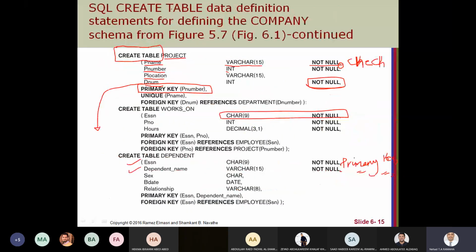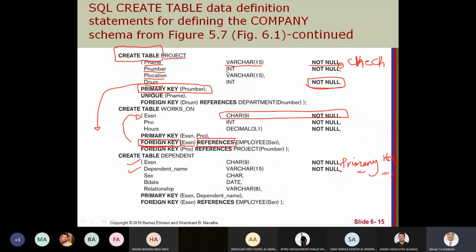Like here, you can see foreign key ESSN, and references. So defining a foreign key has these keywords: foreign key, then the name of the attribute inside our table as a foreign key, references inside another table, the primary key.